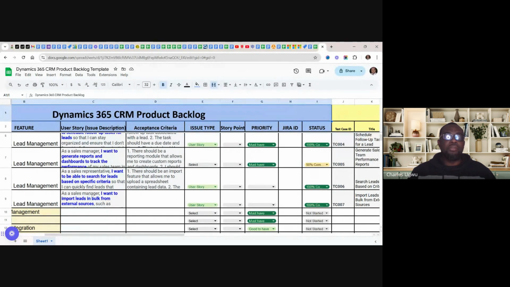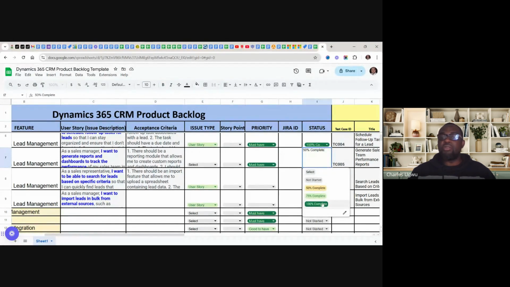And then another one is you want to import a large bulk of lead from external source. Like we don't want to put it one after the other. So you can do it like this. And here, everything here is 100%. We've finished everything. So what we are going to be using to work today is